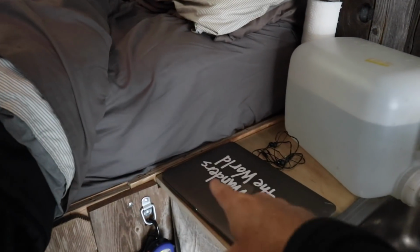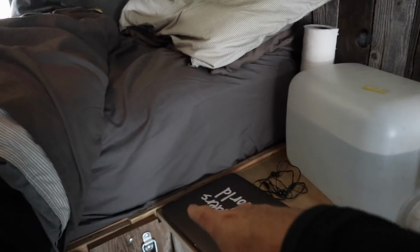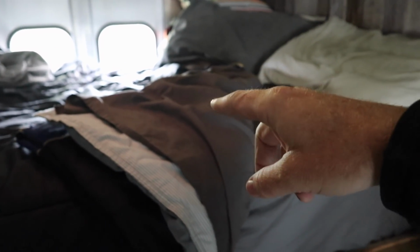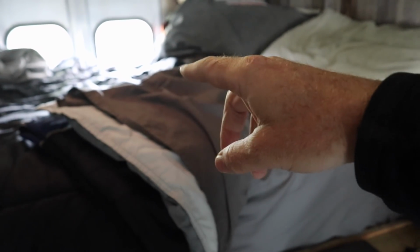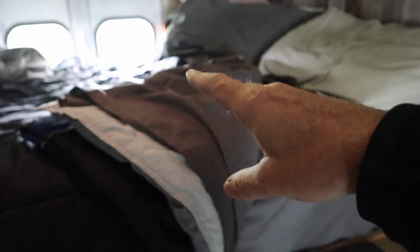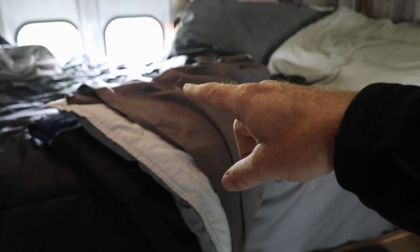You can see right here, here's my laptop, by the way, and the sink with the water. But 10 inches thick right here. And so what that's done is it's cut off the window back here. So there's not as much light coming in the rear window. And you see a whole bunch of the mattress in the back. So my stealth camping factor for the back end is really, really compromised because you can see so much of